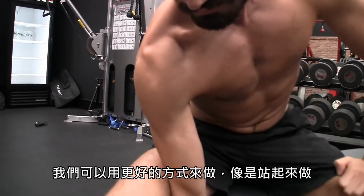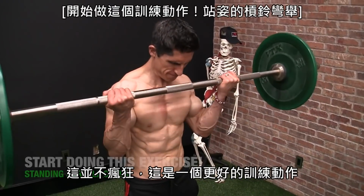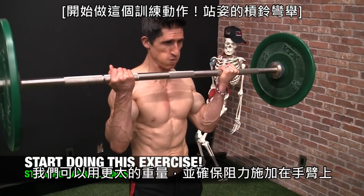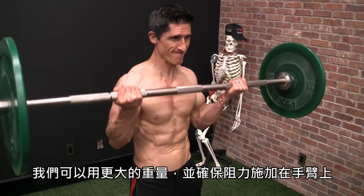And there's things we can do that are better anyway, like maybe stand up, get on your feet, like in a barbell curl. We're not getting crazy here, guys. It's just a lot better exercise. We can use more weight. We can actually make sure that the force is actually being directed into our arms, what we're trying to build in the first place,